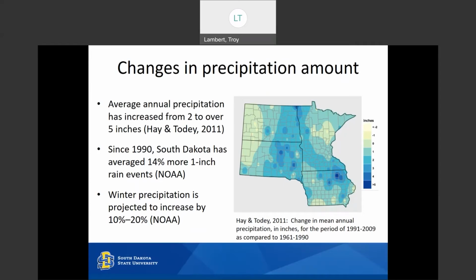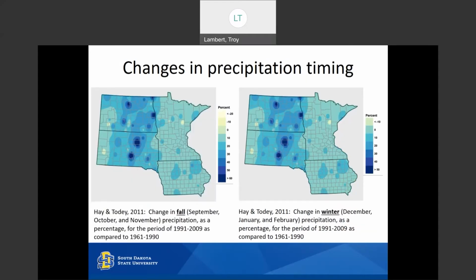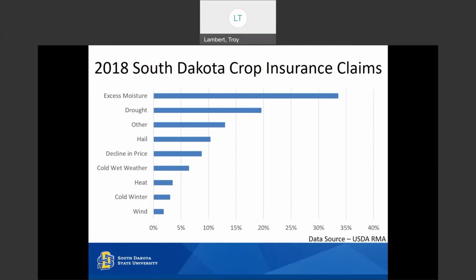So where does that rain go? That rain has to go somewhere, right? So that's why we think about water excess. But the timing is also changing. Believe it or not, there's not a lot of evaporation in the winter, the fall. There's not a lot of what we call transpiration, or the amount of water that the plants use and take back to the atmosphere. And so timing makes a big difference too, right? Even if we have enough water, we don't get it at the right time. It's still a problem for water deficit. And so that leads me back to crop insurance claims.